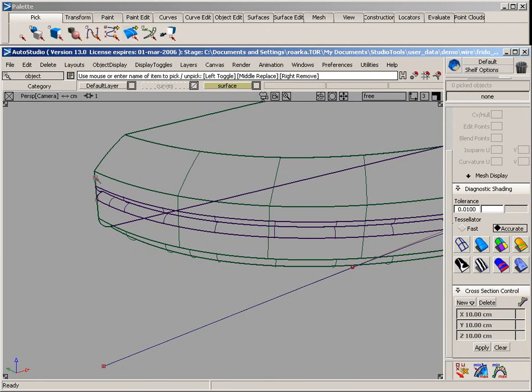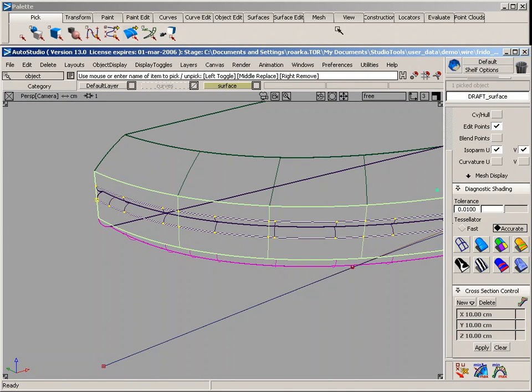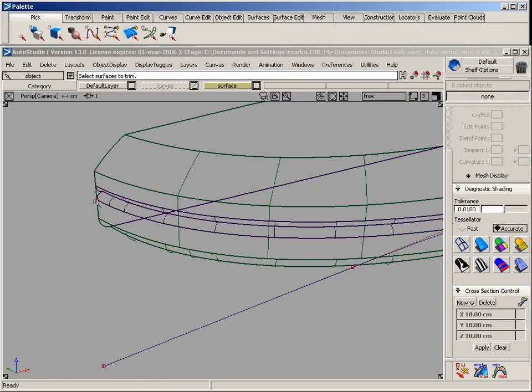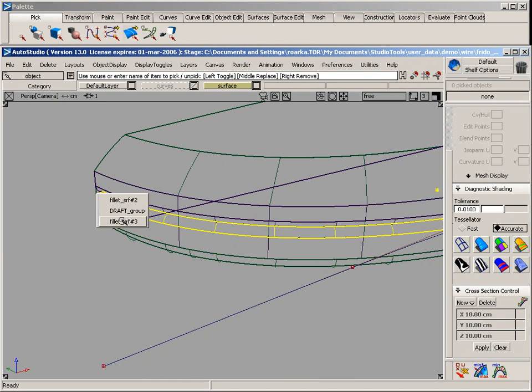And I could now at this point start to trim divide this surface. I like to trim divide in this case and not trim the middle away, because I may want to assign different shaders to the top and bottom of this. So with this surface I like to select all 3 areas, use the divide button, so that I get, first of all,